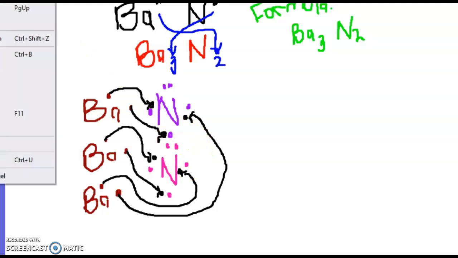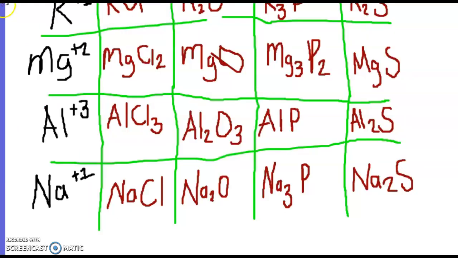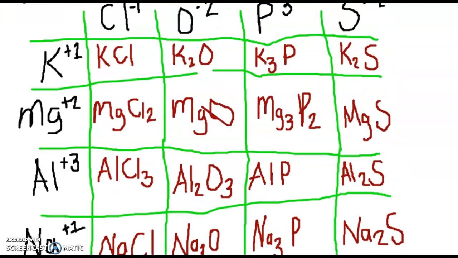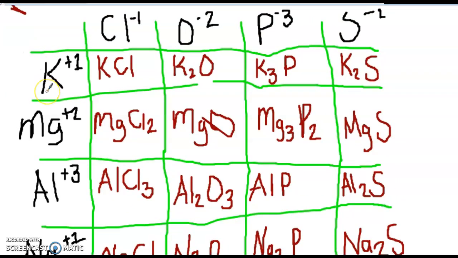Now, another way that you will see this is in a chart like this. So all you have to do is cross the chart. So K plus 1 and Cl negative 1. If it has 2 of the same charges, you don't write those. So that becomes KCl. If you take K plus 1 and combine it with O negative 2 and crisscross those